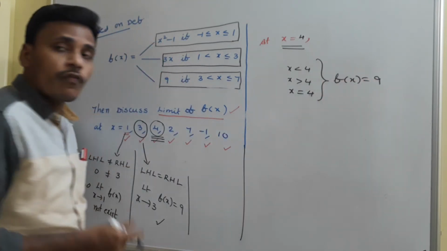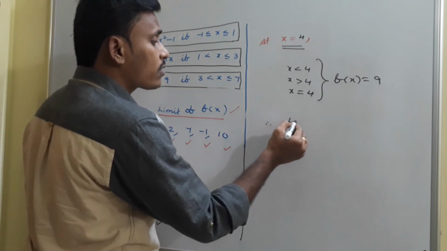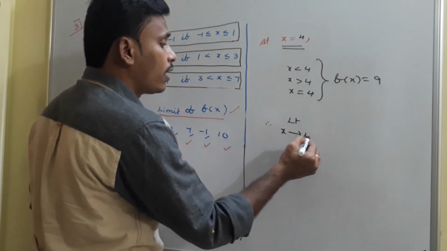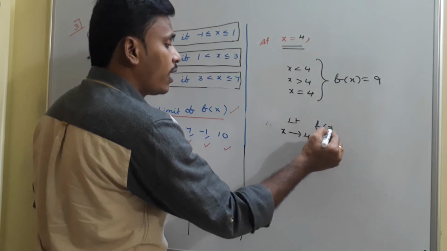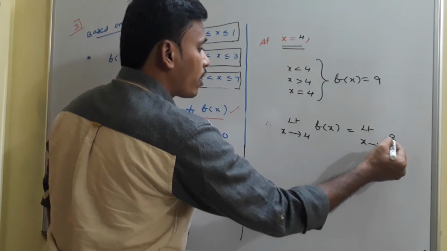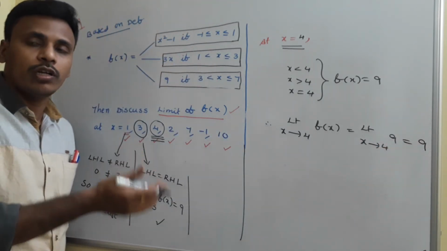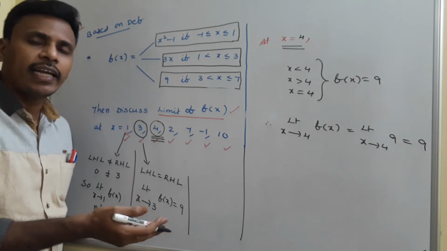Okay, f of x is not different before and after, and that's why there is no need to discuss the left hand limit and right hand limit here. Directly it is enough to discuss limit x tends to 4 of f of x. As x is tending to 4, the functional value is 9 and your answer is 9. Actually no need to discuss. If you wish, write it, no problem.